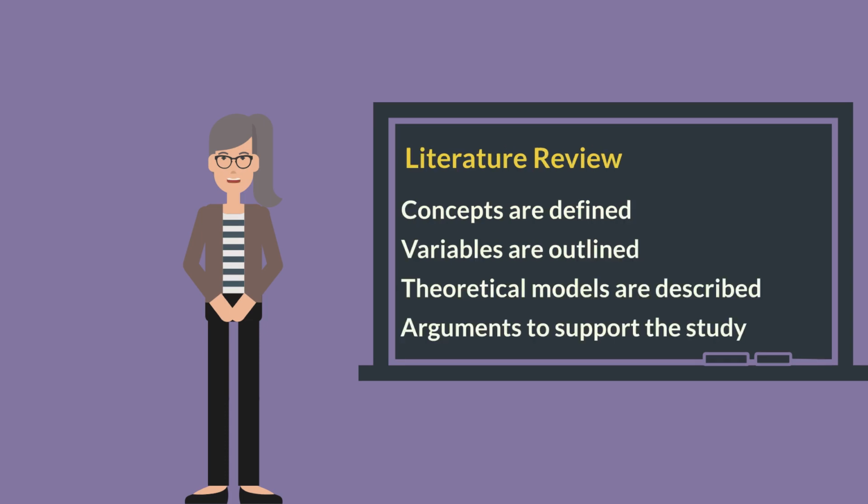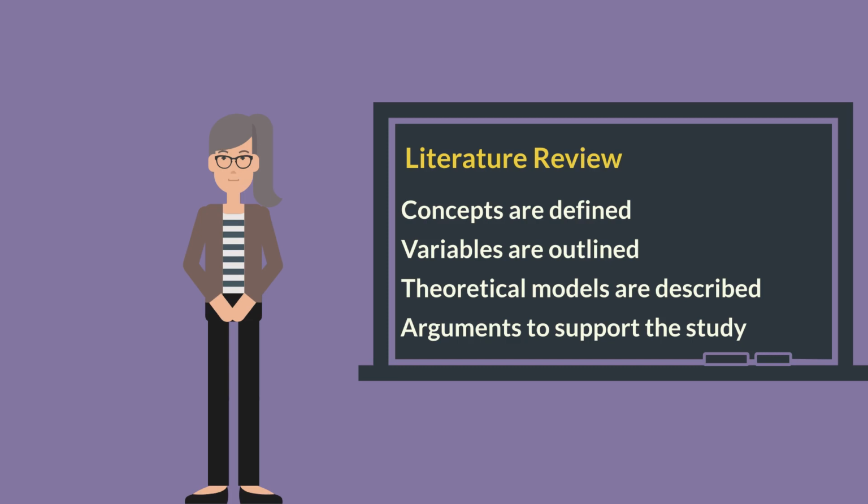In the literature review, the authors define and discuss the concepts within the context of the study. Here you can learn the labels of the variables and how they have been studied. Relevant theoretical models are usually described in this section as well, and these can help refine research questions and hypotheses. The literature review also contains an argument that supports the research questions and hypotheses of the study. By reading this section, you can see how such arguments are structured and also obtain examples of the research questions